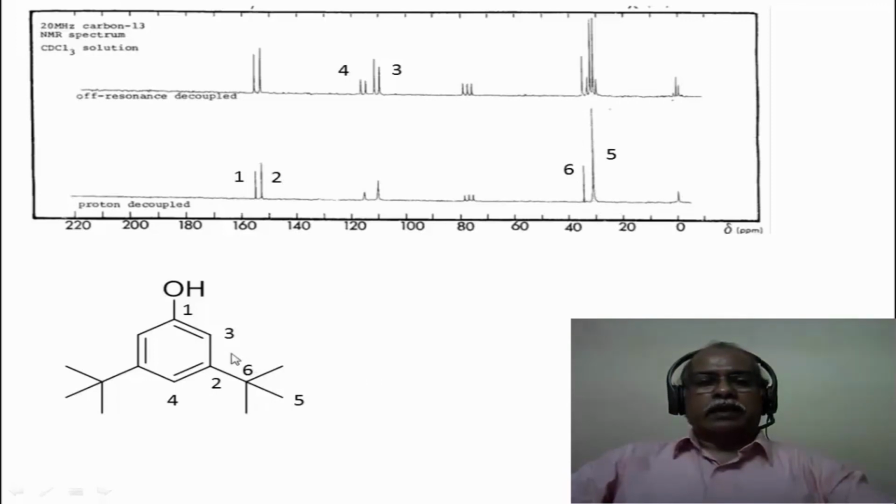The aromatic carbons, the CH carbons of the aromatic system, carbon number 3 comes as a doublet, and carbon number 4 also comes as a doublet. The one that is ortho to the OH will come at a lower delta value compared to the one para to the OH, which comes slightly at a higher delta value. So the carbon-13 values for the CH carbons of this molecule correspond to 110 and 115 or so. Because it is a phenolic compound, it comes much less than 120, which is justified. And this triplet that you see here is because of the CDCl3 peak. This is a solvent peak seen in the spectrum of this compound.